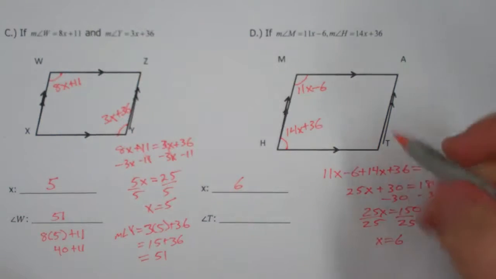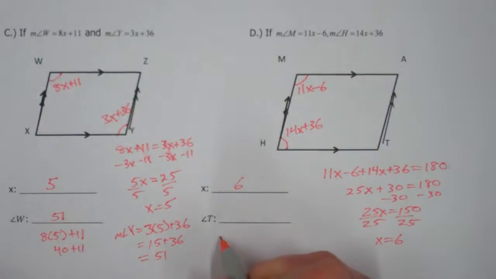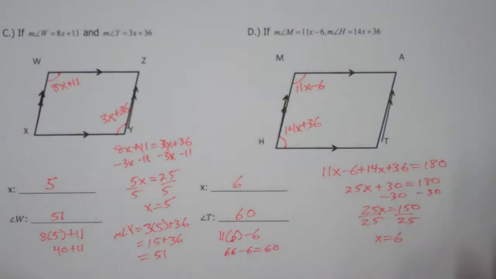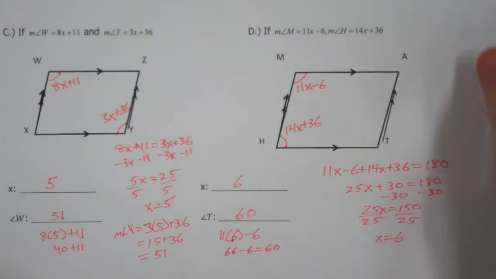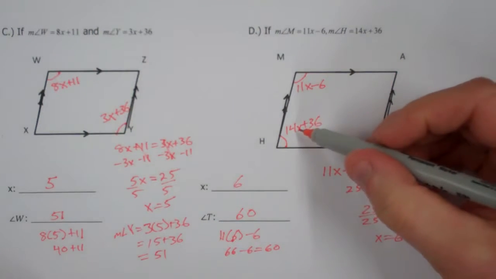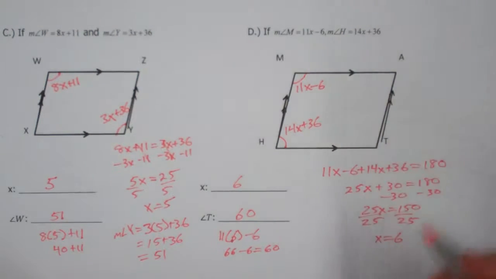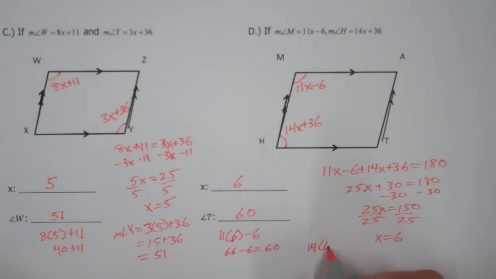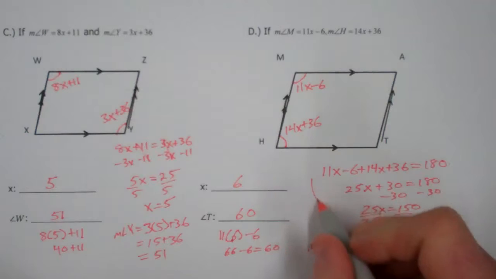Let's find the measure of angle T, which is the same as the measure of angle M. So that's going to be 11 times 6 minus 6, which is 66 minus 6, which is 60. We could do a quick double check here and make sure we didn't make any mistakes. It is quite possible that we did. Who knows? But let's take a look here at 14x plus 36. So the measure of angle H is 14 times 6 plus 36. Let's see here. 14 times 6 is 60 plus 24, which is 84, plus 36, which is equal to